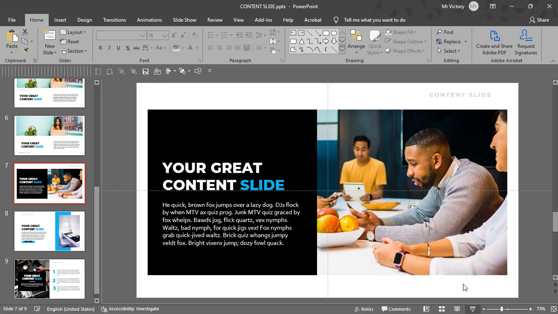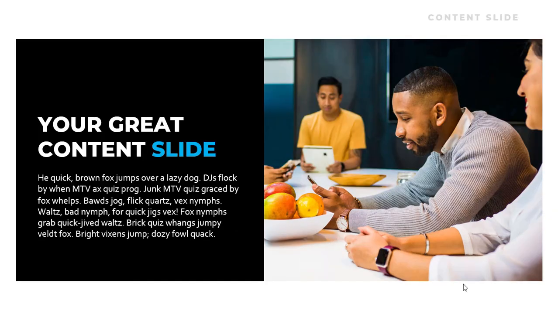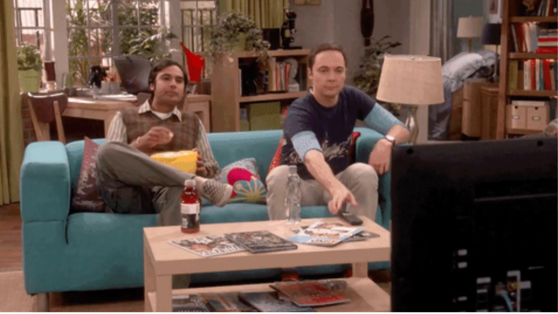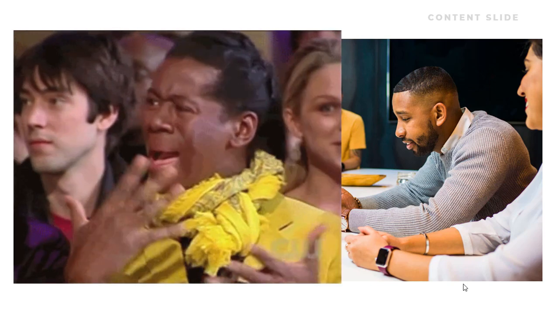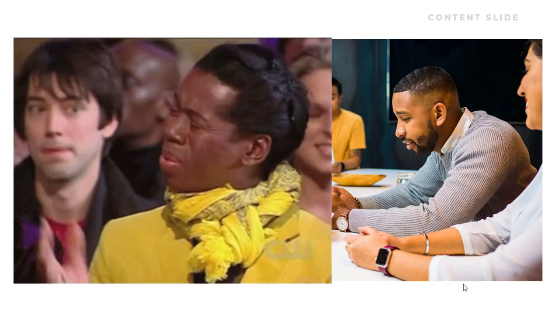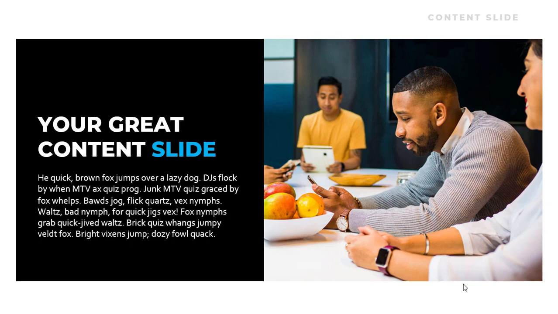Now here we used some shapes, just one shape actually, but what makes your slide stand out is the picture. People prefer to watch than to read. It's just like watching the TV. You prefer to watch as the person speaks on the TV, than for me to hand you a script to be reading at the same time as you're watching. That's stressful. So that's why it's always good to put very nice images in your presentations, especially in your content,